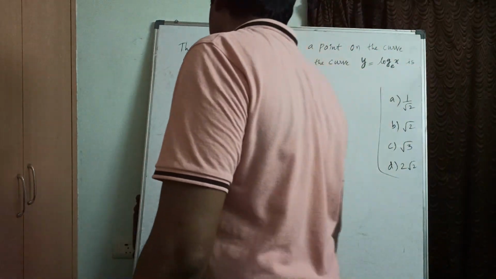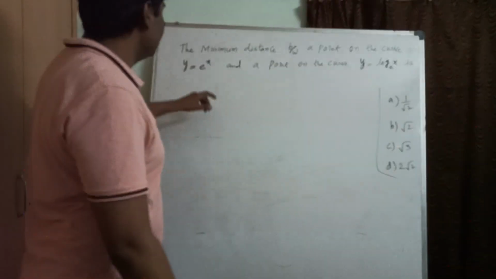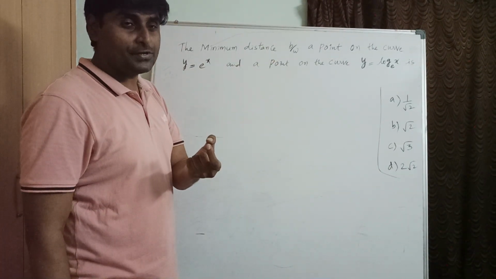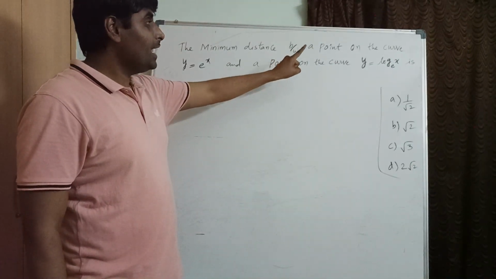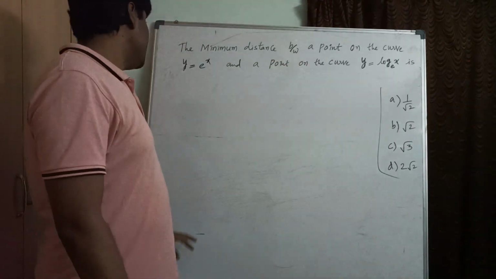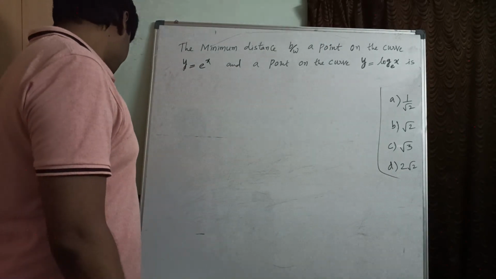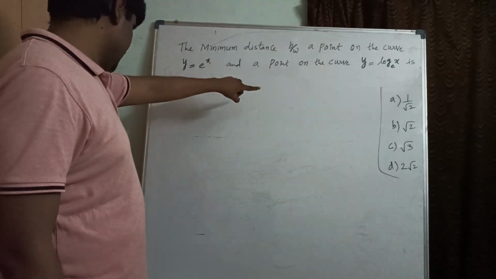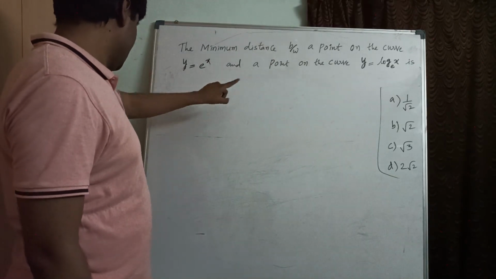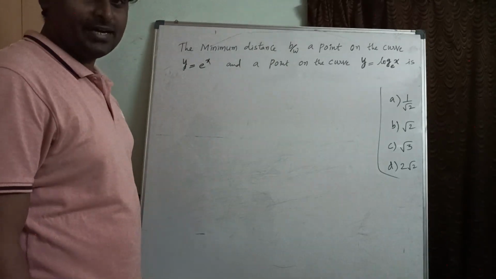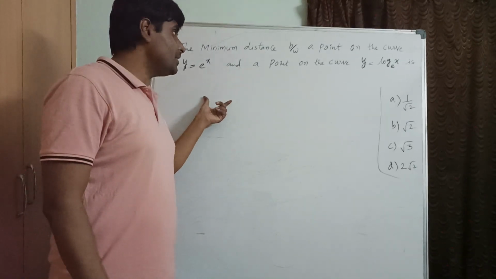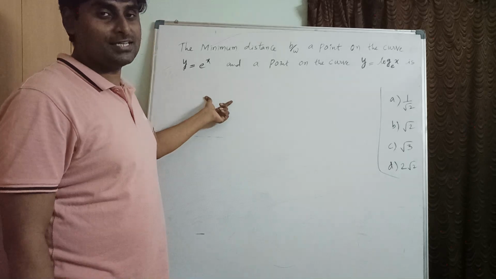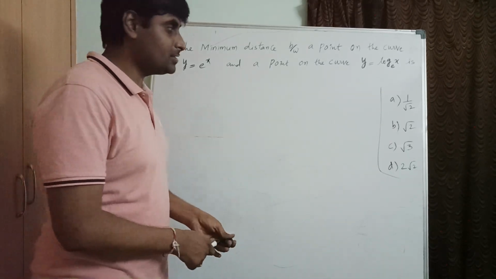Now, look at this question which is very easy. The minimum distance we are going to find out between a point on the curve y equal to e power x and a point on the curve y equals to log x. Just to solve this problem we must have a graphical knowledge. So it is very easy to tell the answer as root 2